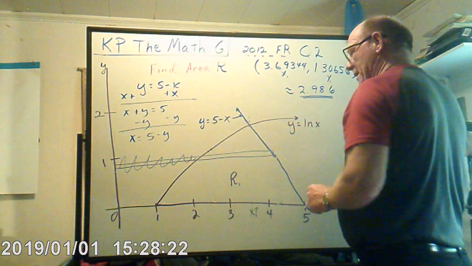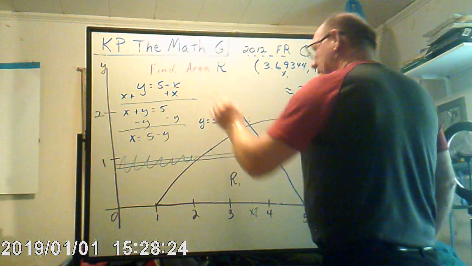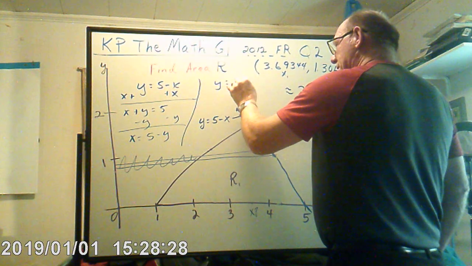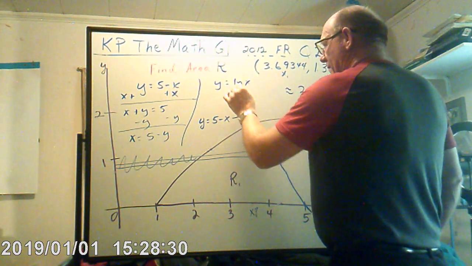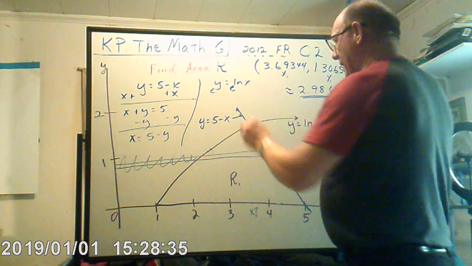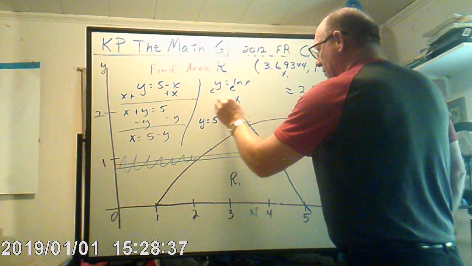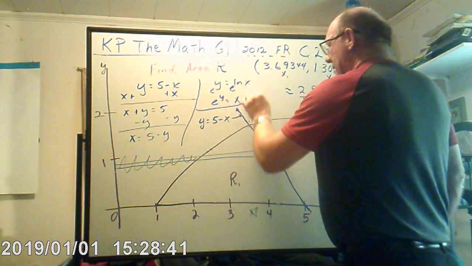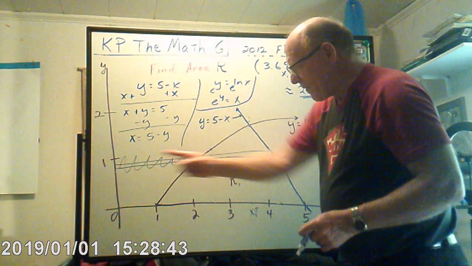In the case of y is equal to ln of x, alright, y is equal to ln of x, then the e does that. That gets rid of your ln, and immediately you have x is equal to e to the y. Alright, so you have to do that first if you're going to go this way,